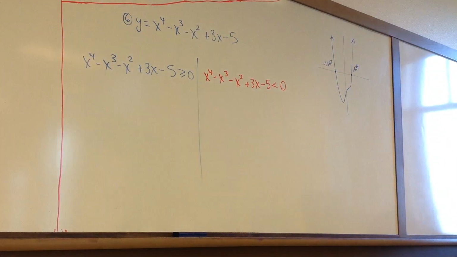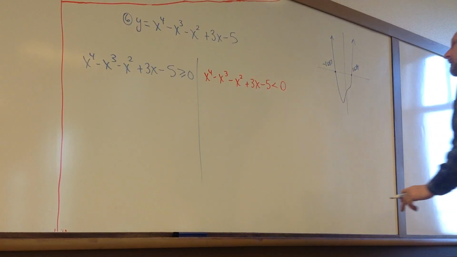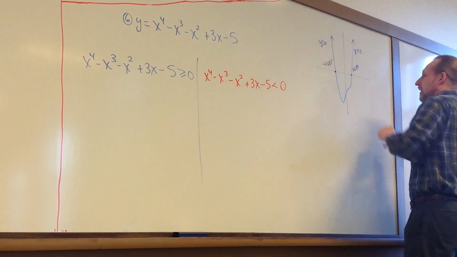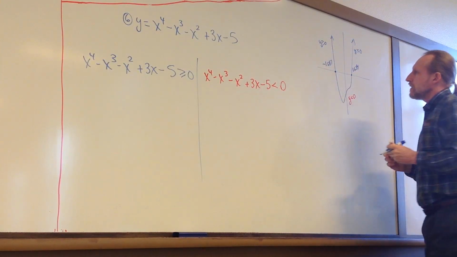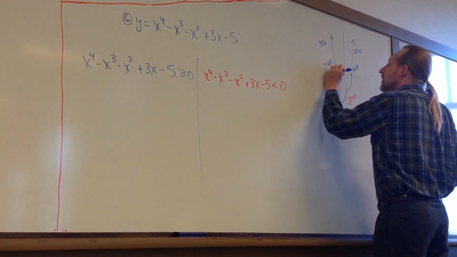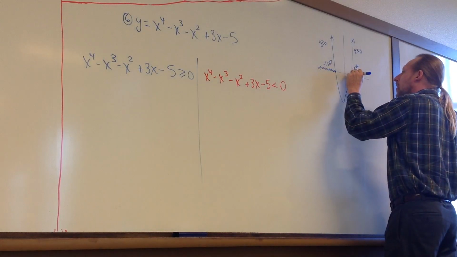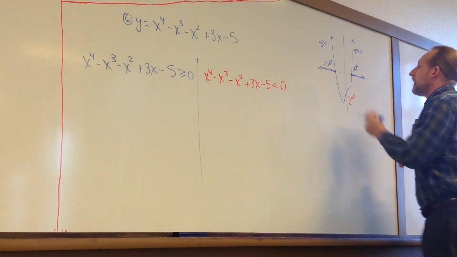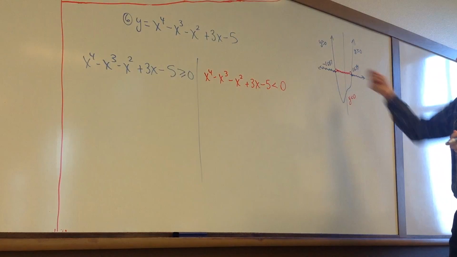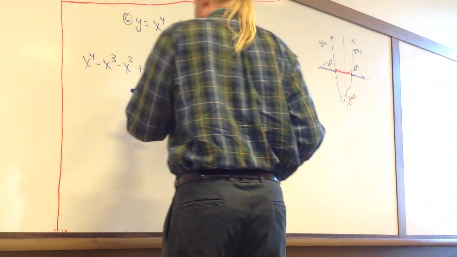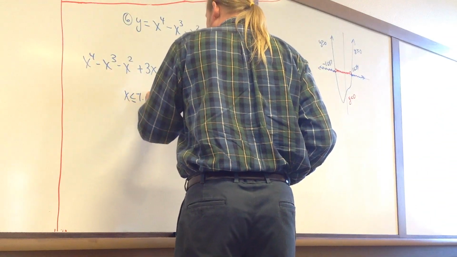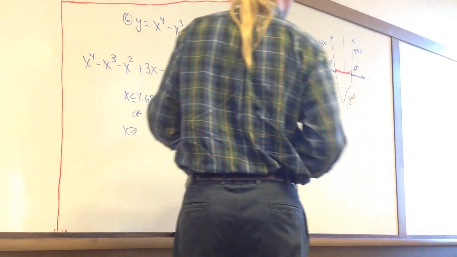Okay. And like I said, this is kind of a simplistic function. It's positive here, and it's negative down here. Okay? So, where are the y's greater than or equal to 0? That's going to be out here, or out here. And then the y's are going to be less than 0 for those x values between the two roots. Okay, so this will be, let's see, x less than or equal to negative 1.687, or x greater than or equal to